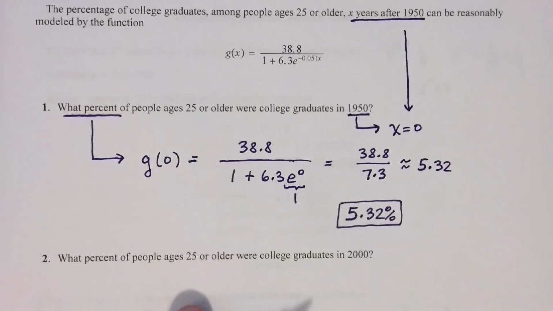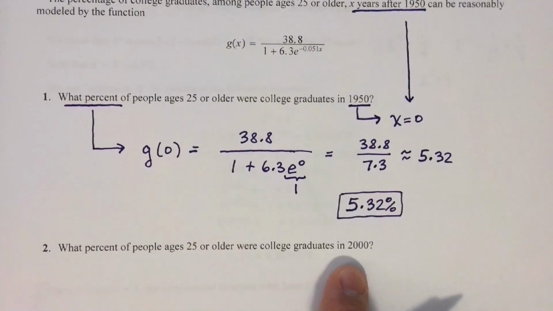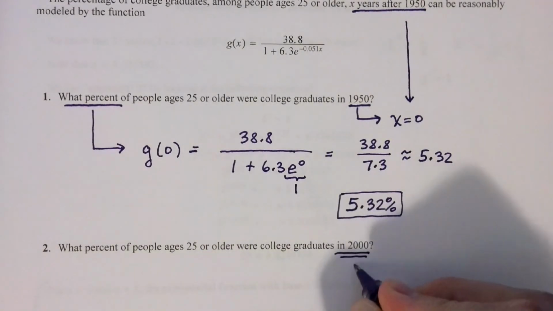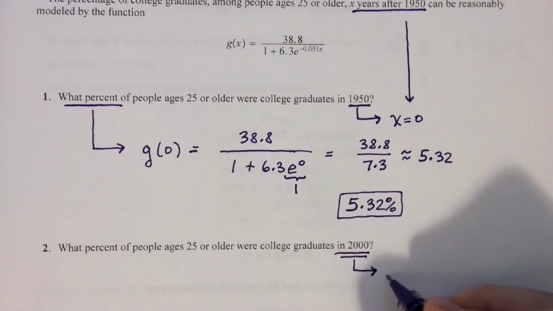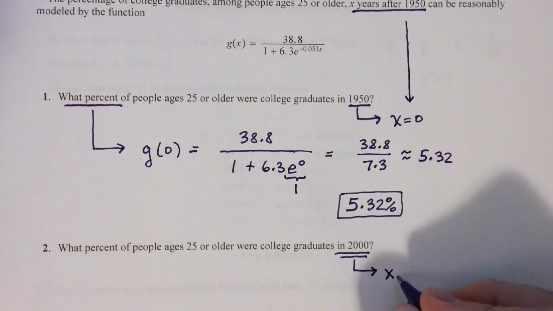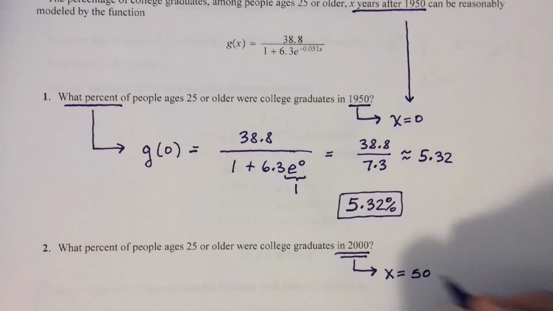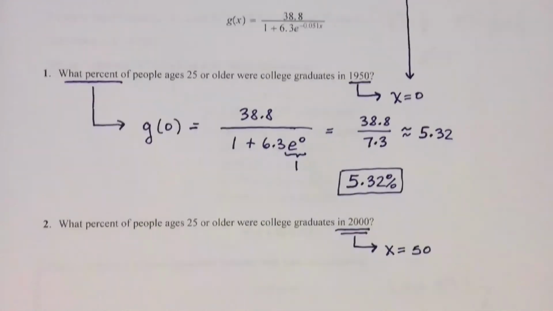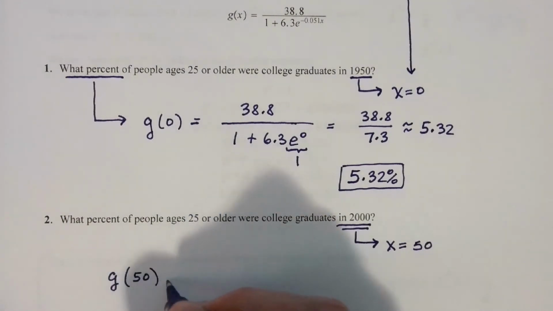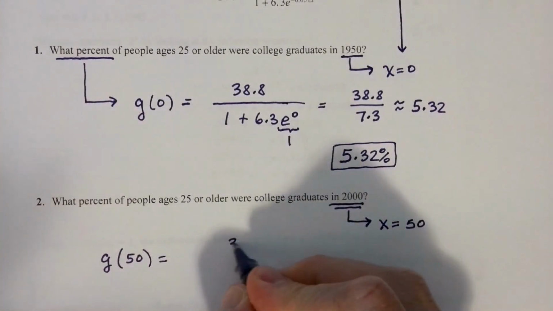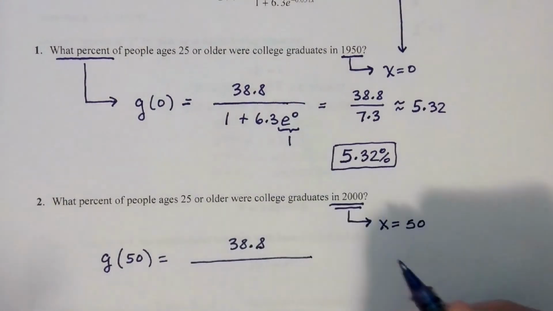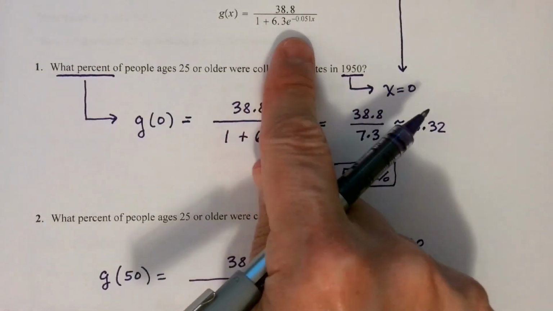Well, what percent of people aged 25 or older were college graduates in 2000, assuming this model remains accurate? All right. Well, in 2000, what's the value of x? x is the number of years after 1950, so 2000 is 50 years after 1950. So what are we looking for? We're looking for g of 50. So that's 38.8 up top, looking at this formula, 1 plus